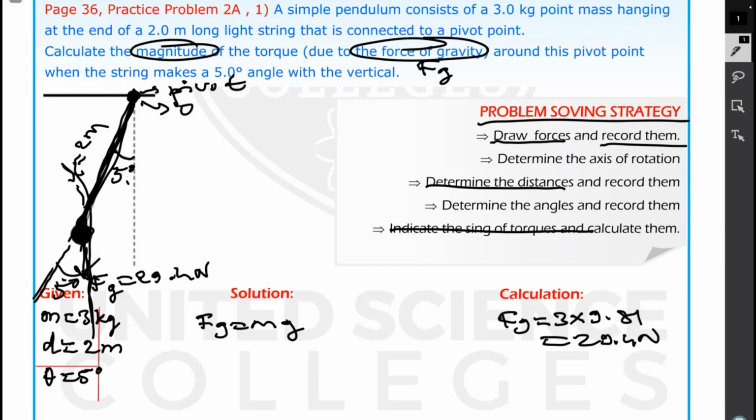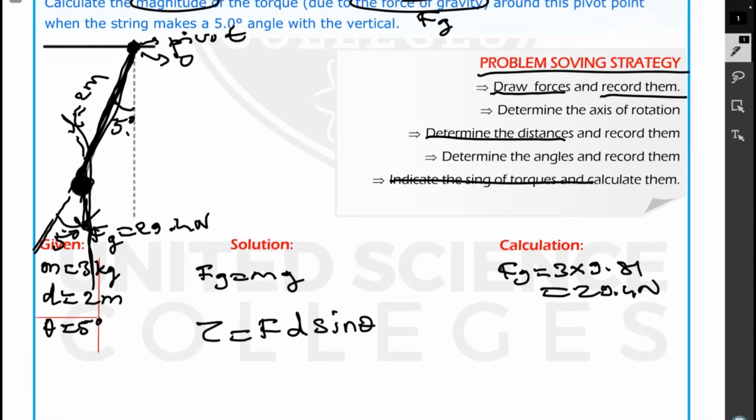So just calculate the torque. The equation for calculating torque in here is F d sine theta. Force is what in here? Force is the gravitational force. So let's write them. Torque is equal to force, which is the gravitational force, and we already calculated that it is